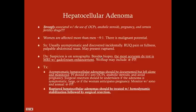Poke a hole in it, and that's what you're doing with a biopsy. So you don't want to do a biopsy. Besides the biopsy, the most accurate diagnostic test is the MRI with gadolinium enhancement. Workup can also include an alpha-fetoprotein level, and